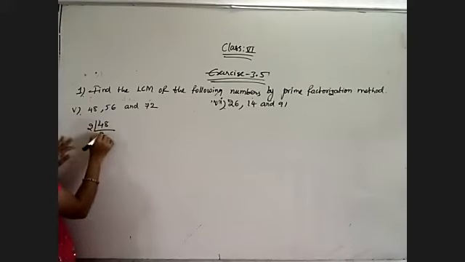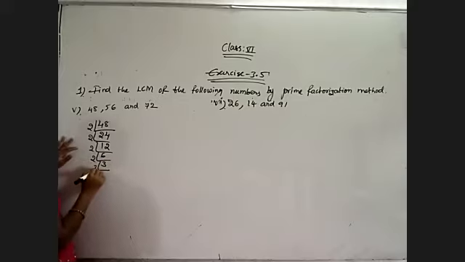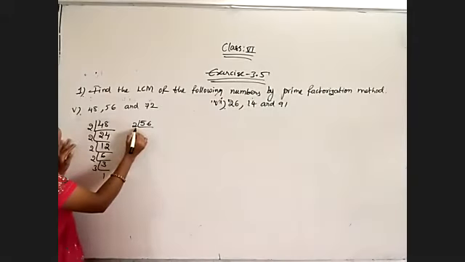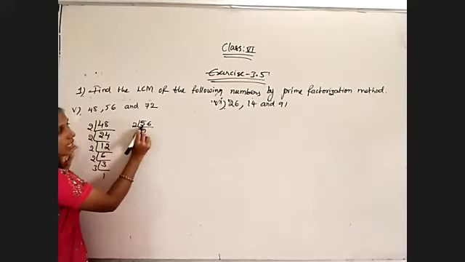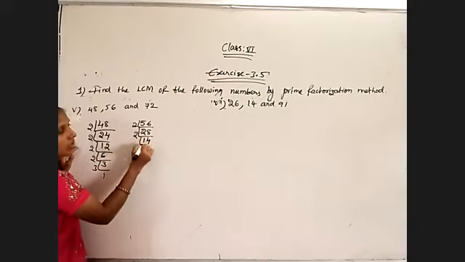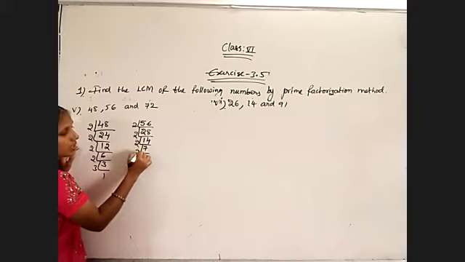2 2s are 4, 2 4s are 8, and 2 1s are 2, 2 6s are 12, 3 1s are 3. So these are the prime factors of 48. And coming to 56. Because 6 is there, this also will cancel in the 2 table. That's why I am dividing with the 2 table. So 2 2s are 4 and 1 is left, totally 16. 2 8s are 16. Now 2 7s are 14, 7 1s are 7.